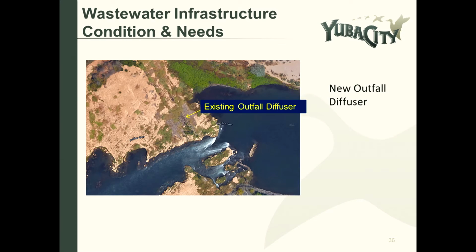Previously we were pretty much able to discharge out of the diffuser, which is a long pipe with a series of ports where the water discharges, and then it would mix with the river water and flow downstream. Our discharge permit requires that we have a certain amount of water cover over it in order for us to be able to discharge. And so when the river changed and we weren't able to maintain that water over the diffuser, we were forced to start discharging to our ponds. That requires additional labor in terms of testing of the water when it's discharged in the ponds, and then also the maintenance of the ponds.